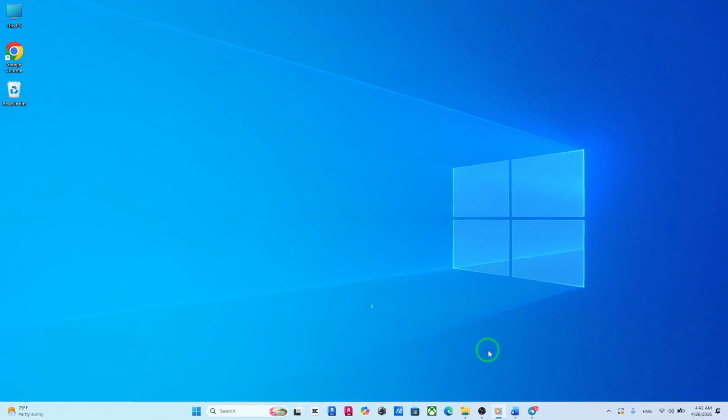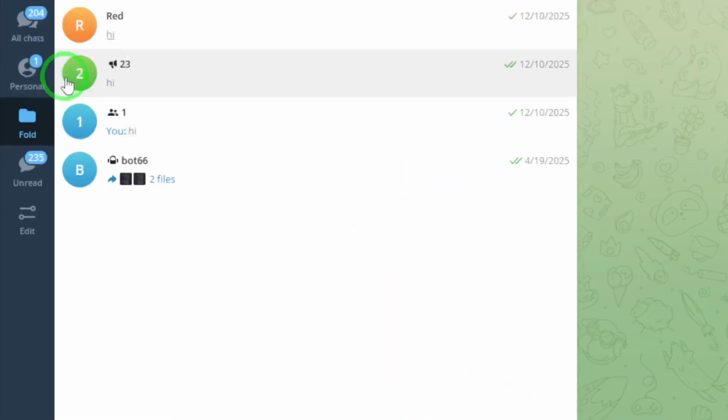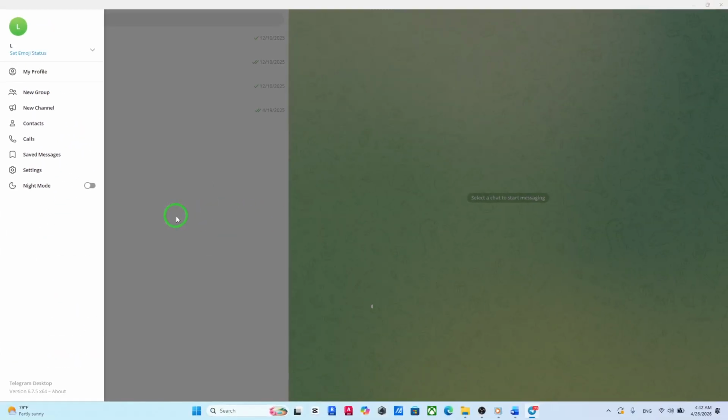Once it's open, look at the top left corner of your screen. You'll see three small horizontal lines, which open up the main menu. Go ahead and click on those lines. From this menu, choose Settings. This will take you to the main configuration area where you can adjust all of Telegram's behavior to fit the